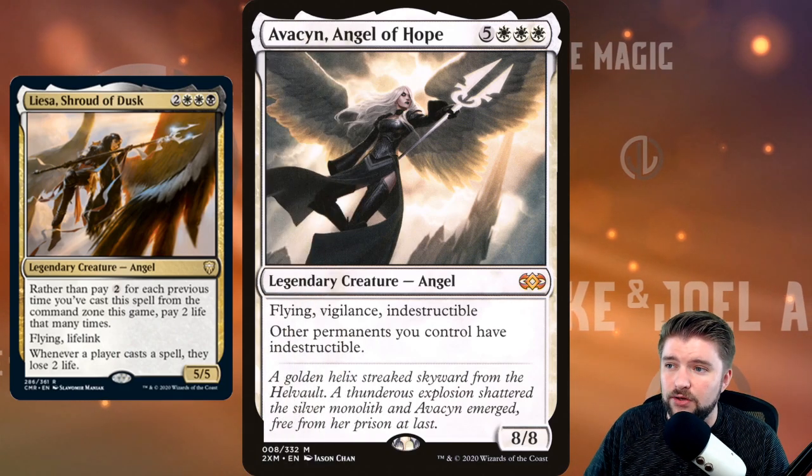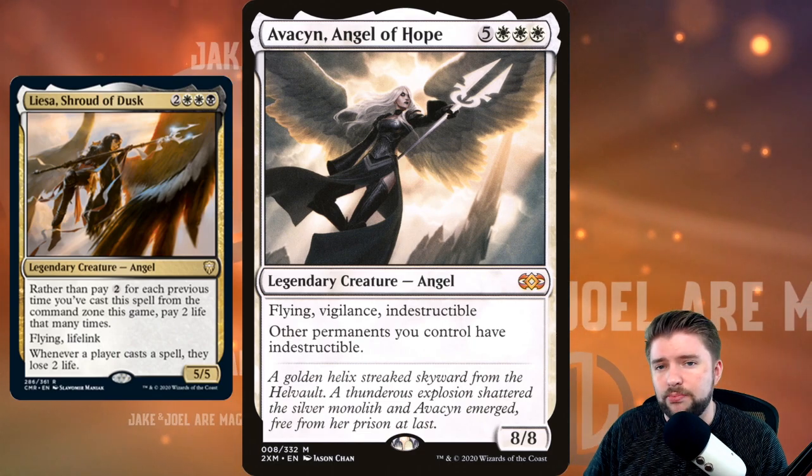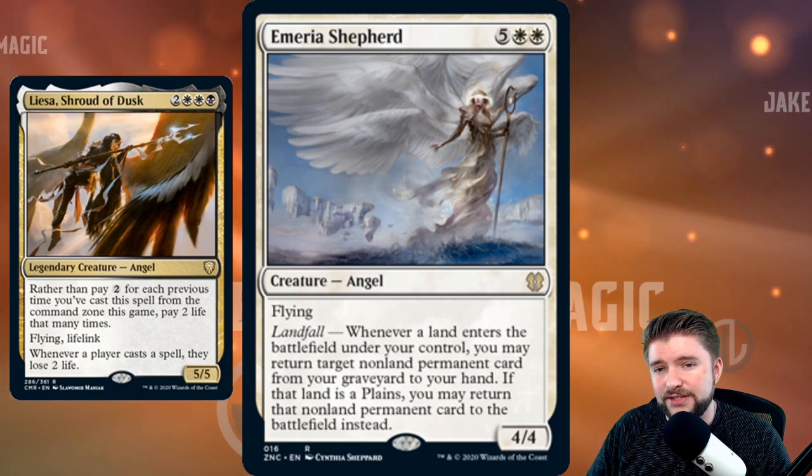Doesn't matter its casting cost. Avacyn, Angel of Hope, of course, 8 mana, 8/8 flying, vigilance, indestructible. Other permanents you control have indestructible. Emeria Shepherd, 2 white, 5, for a 4/4 flyer, but it's got landfall, and it says whenever a land enters the